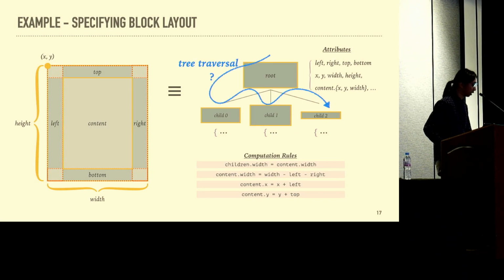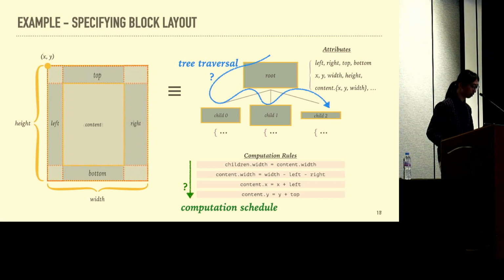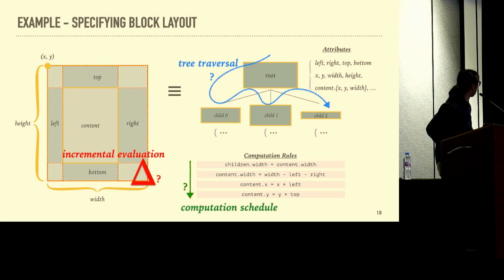So an attribute grammar can formally specify the layout problem, but it's still a declarative specification, so we still need to provide a few more ingredients in order to execute the layout. The first thing is to decide how we are going to perform the tree traversal. Next, we need to come up with a schedule to compute those attributes because the attribute computation rules are an unordered collection of rules. And lastly,